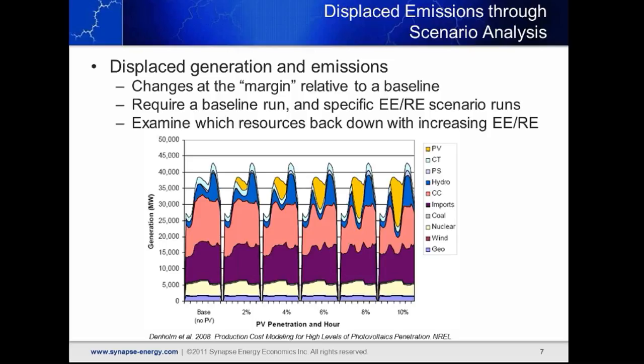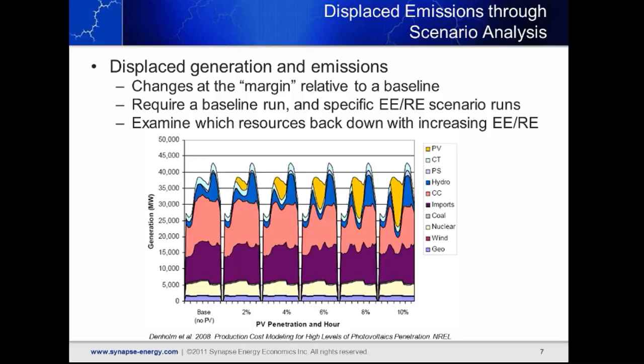In this case, what we have is an image from a fantastic paper from Paul Denholm at NREL from 2008, where they were looking at increasing penetrations of PV throughout the West. I'm just using this as an illustrative graph. On the far left, we see dispatch for California over the course of a single day, where different types of resources are stacked up in a bid stack. That's how dispatch would occur at a baseline condition.